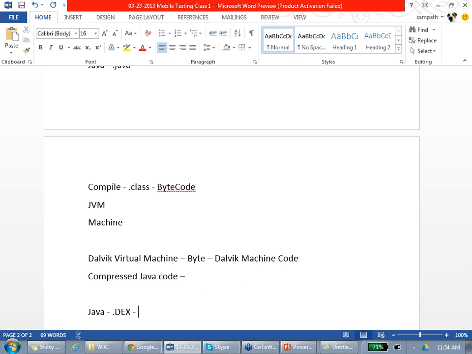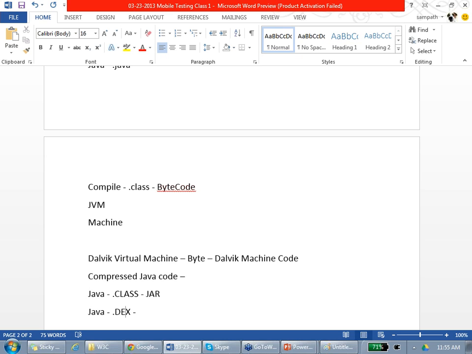Before, when you compiled, you got dot class files, and you combined all these dot class files into a jar. Here you compile all the dot class files into DEX, Dalvik executable. Dalvik is not running on Eclipse.